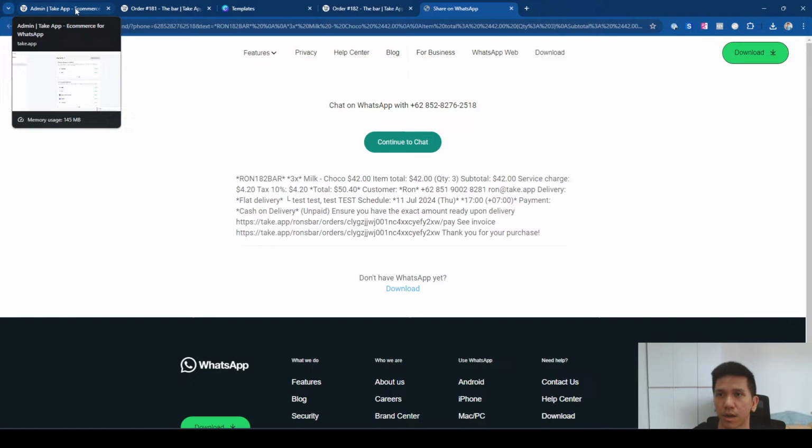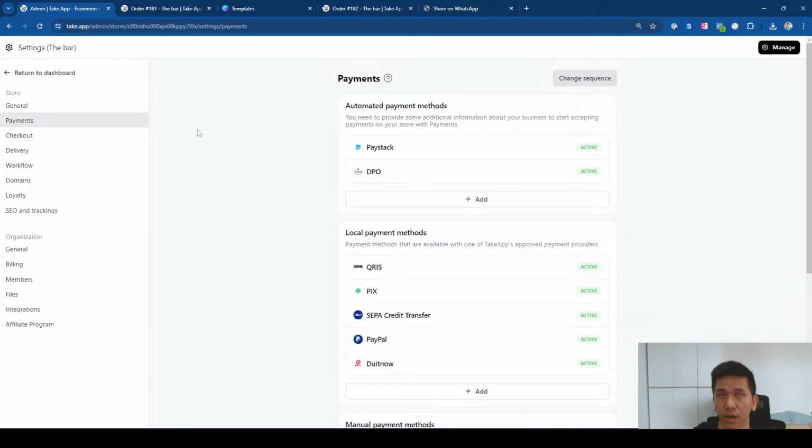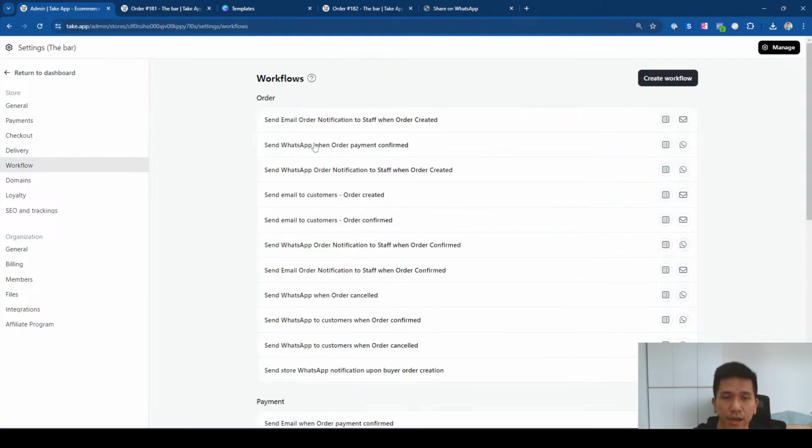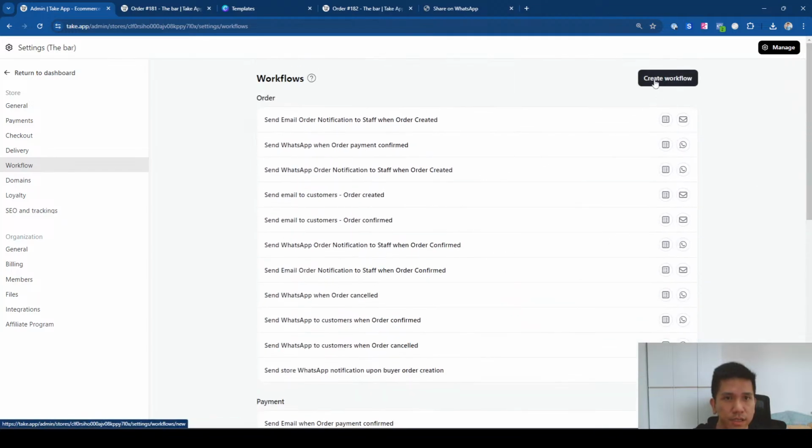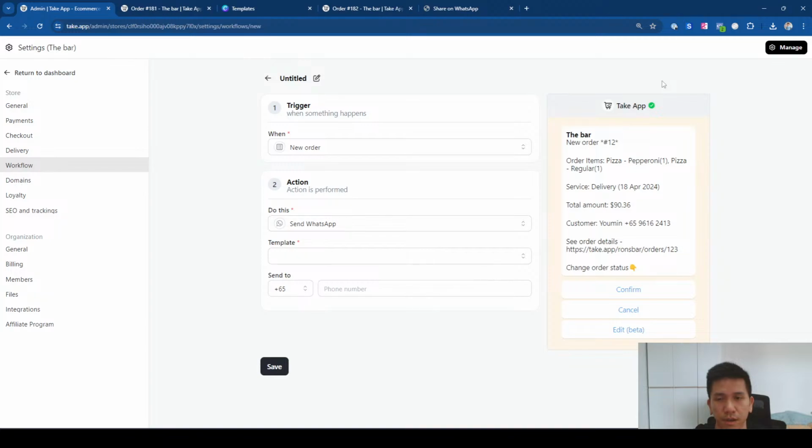But we are adding another flow, which is a workflow that you can incorporate with your cash on delivery payment method. So how do you do that? You go to workflow, okay, and you don't need to read all of this. You can just skip all of this because this is my own workflow. You skip to create workflow on the top right corner, and then